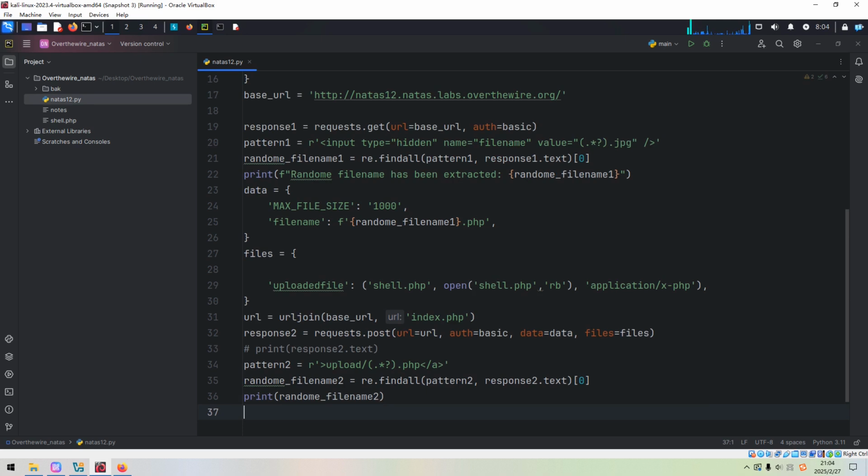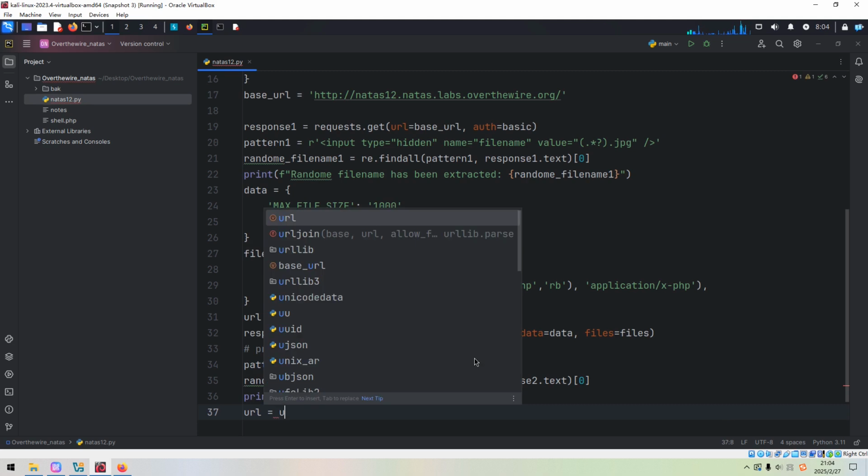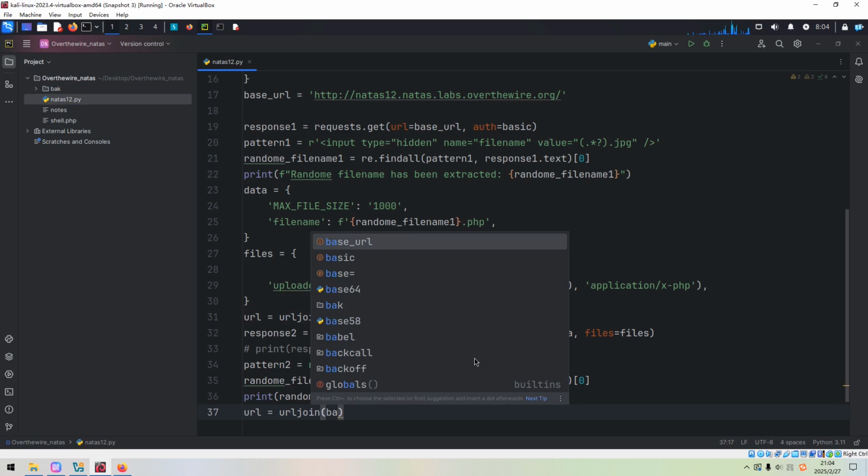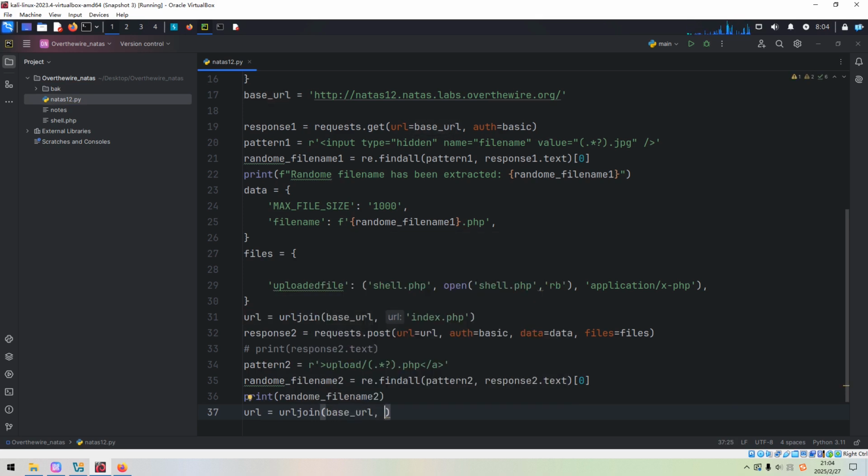Next, we can concatenate the URL. So how to do? We can use urljoin, and the base URL, and then it should be upload. We can use the format string, right? Upload, and we can use curly brace and .php and random file name. Okay,